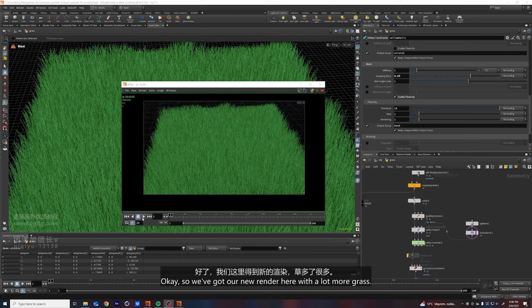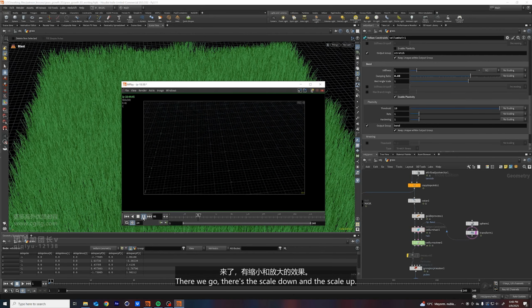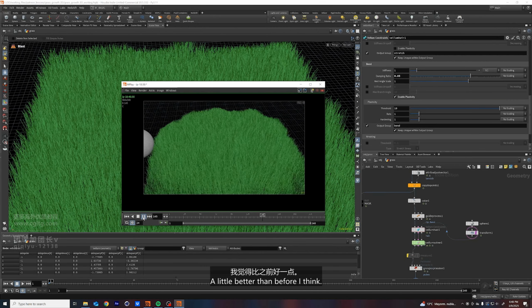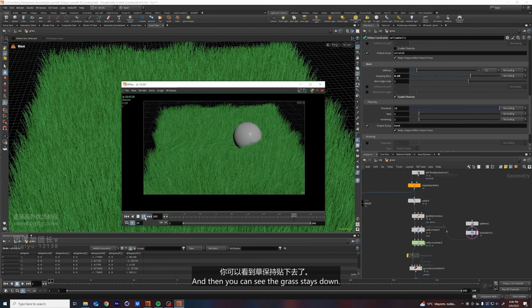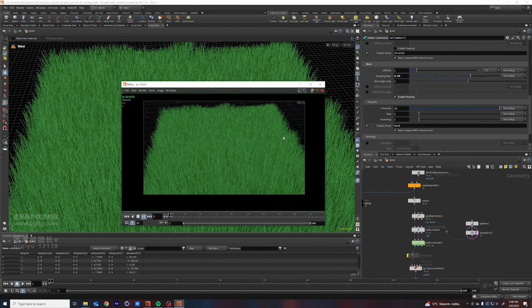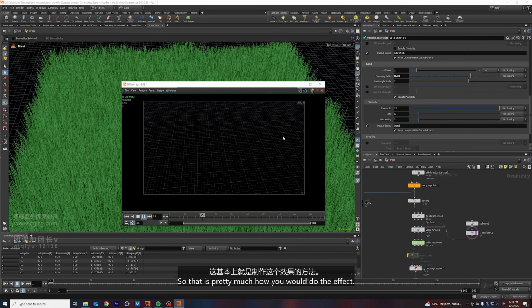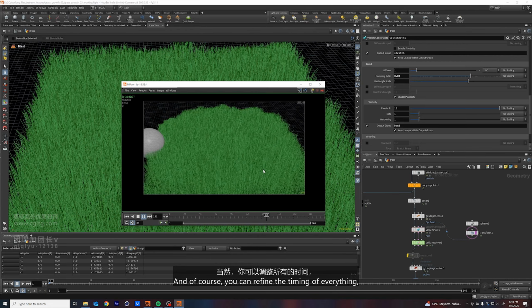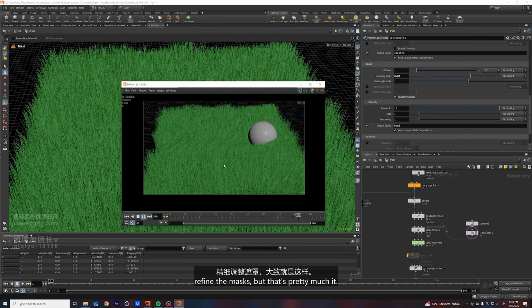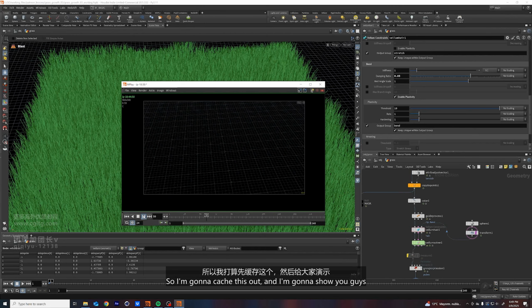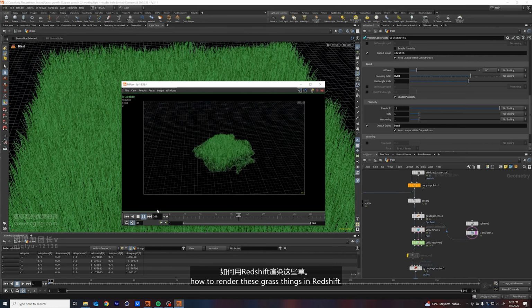Okay, so we've got our new render here with a lot more grass. There we go. There's the scale down and the scale up. A little better than before, I think. And then you can see the grass stays down. Cool. So that is pretty much how you would do the effect. And of course, you can refine the timing of everything, refine the masks, but that's pretty much it. So I'm going to cache this out,